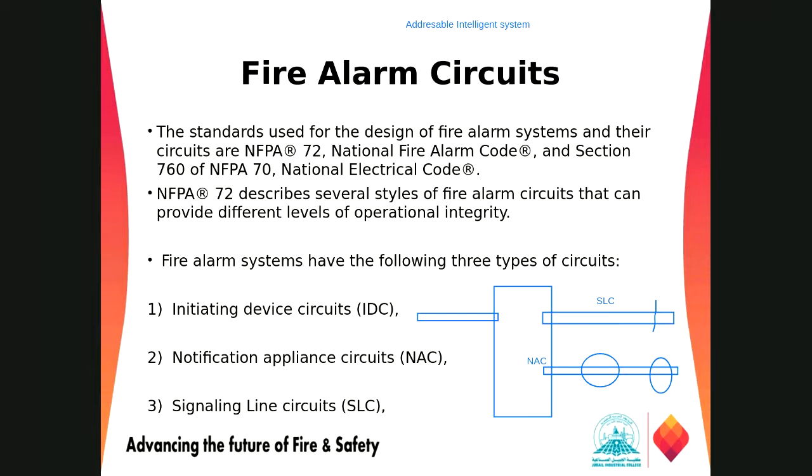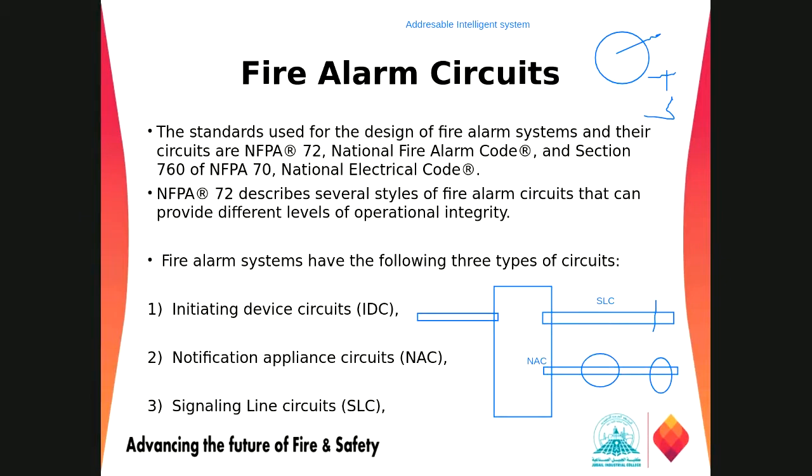It will let you know at the control panel there is a fire in room number this much, right? It will also let you know the exact location of the room, what the temperature is there, and what the smoke level is in those rooms. So the physical parameters, the temperature and the smoke, will let you know whether you should go to that room or not. So it is the intelligence system. So this is the difference between